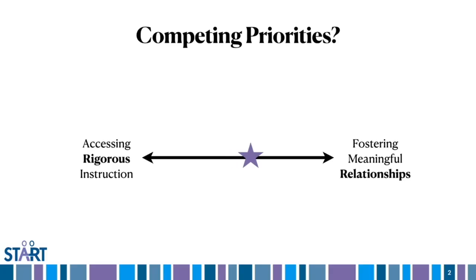There's often this tension that we feel between these two goals that sometimes feel competing. The goal of making sure our students are accessing rigorous instruction and the goal of fostering meaningful relationships. Between making sure students have the very best academic support so that progress can be made on a challenging curriculum and making sure they have the best social supports that lead to rich interactions and new friendships. Is it rigor or is it relationships? And does one really have to at all come at the expense of the other?